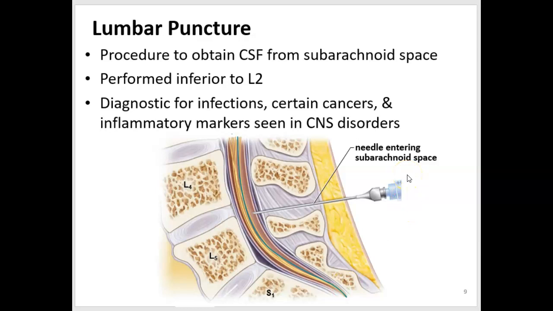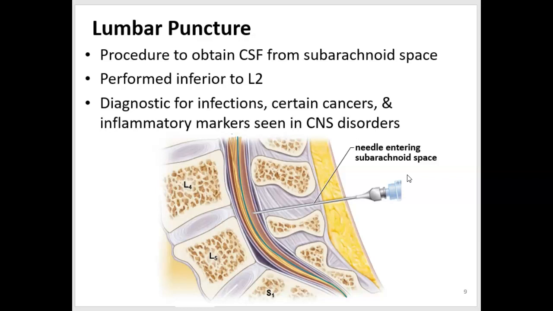One thing clinically that you might be interested in, since we're just looking at the gross anatomy of the spinal cord, is how do they get a sample of cerebral spinal fluid? How do they know where to go, and why do they go where they do? What they do is, to collect a sample of cerebral spinal fluid, they want to use a procedure where